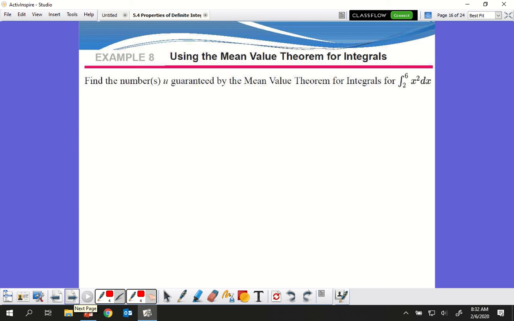Find the numbers guaranteed by the mean value theorem for integrals. I know it's supposed to be equal to some value, so I know that my integral from 2 to 6 of x squared dx has to equal some value k, right? And it's going to be times b minus a, which is going to be,